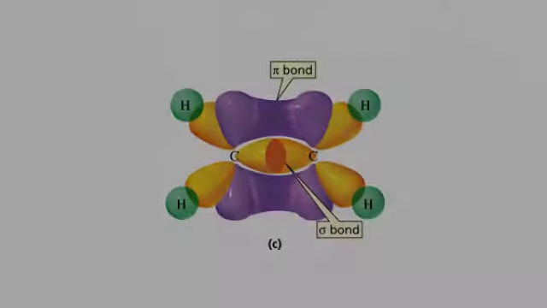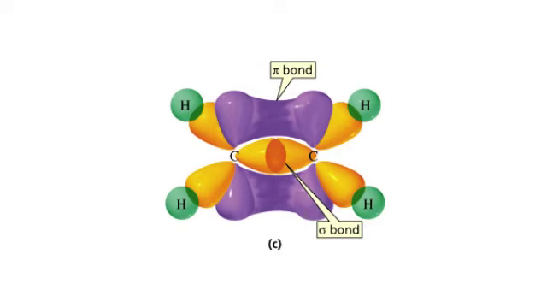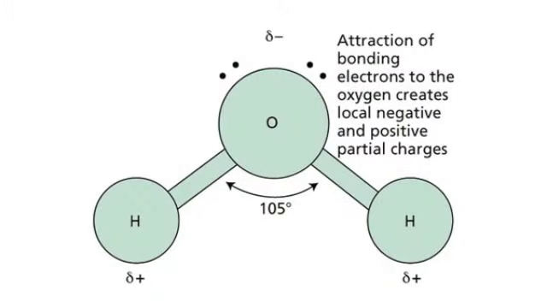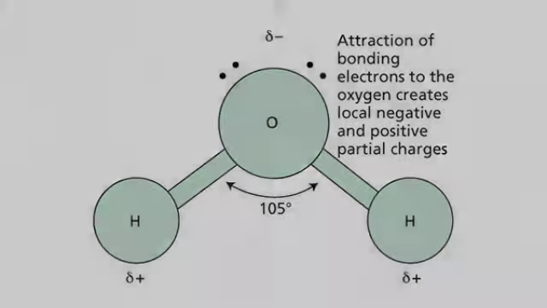Part of the problem is that textbooks will flip between the two views, and they will talk about the pi bond and overlapping p orbitals, and the next moment they will talk about oxygen having a lone pair of electrons. These are two entirely different views, one involving the wave-like electron, the other using the particle-like electron. This is just something that students of chemistry have to get used to.